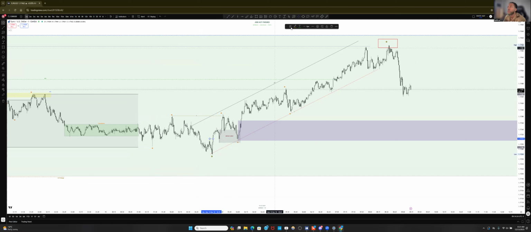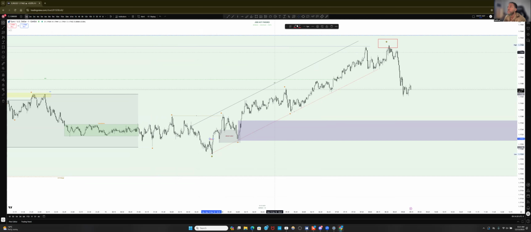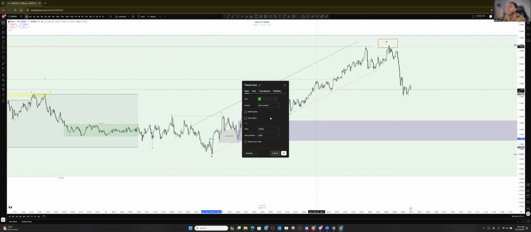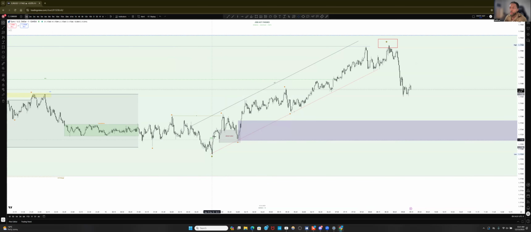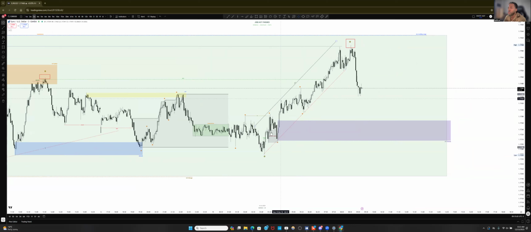Now, this change of character is a 1-minute change of character. Each time frame has its own version of change of character. Because we're trading on the lower time frame, when it comes to entries we'll say this was our change of character. This sweep would have been our break of structure, but instead price came down to retest that impulse candle of the 5-minute. So this is why we're getting this reaction up, or the 3-minute as well.